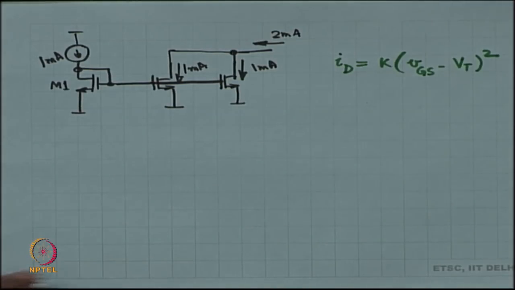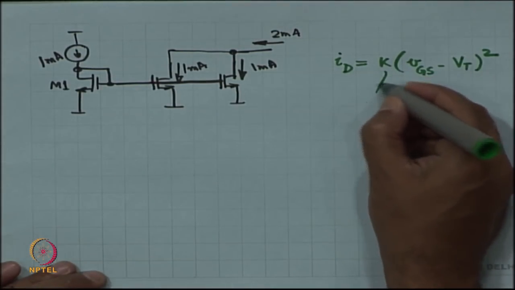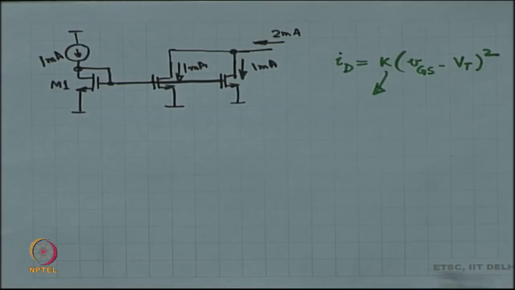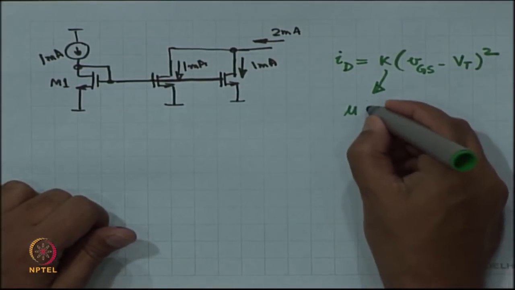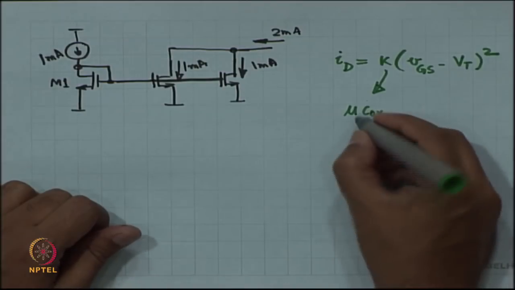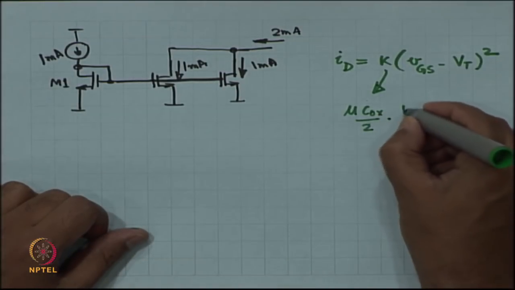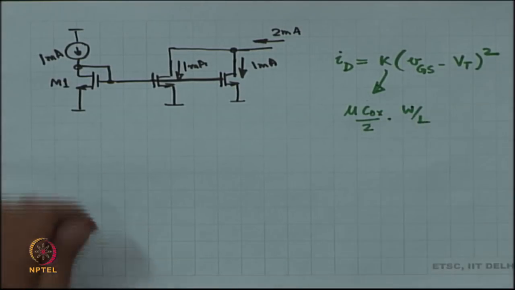Now, I am going to expand this constant. This constant k is nothing but mu Cox by 2 times W over L,